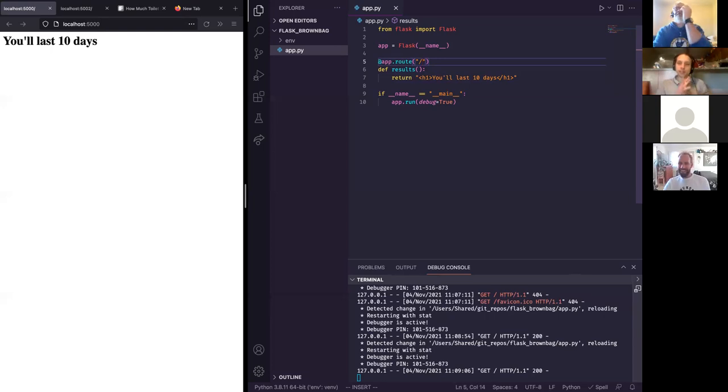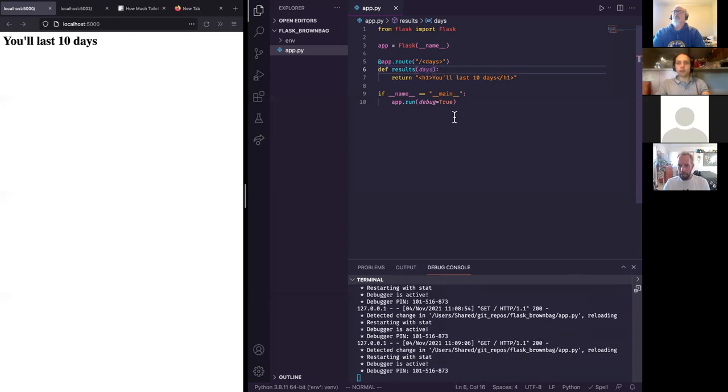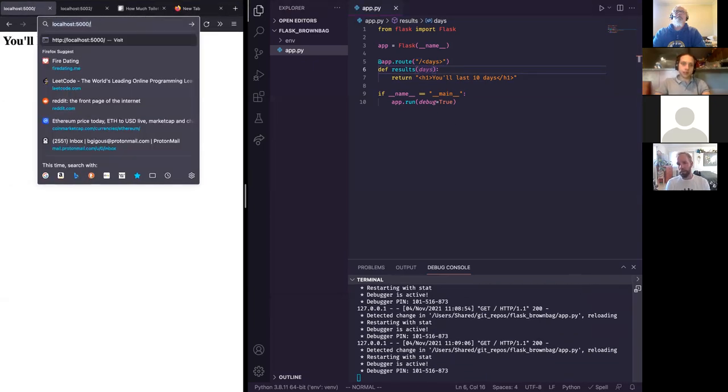But first I'm going to show, because this is static, I only get 10 days. I have to change this number every time. Well, instead I could put in a dynamic part. So this is called a dynamic route, and that translates to putting an argument here. But Flask is going to do all of this. And if I add a days,